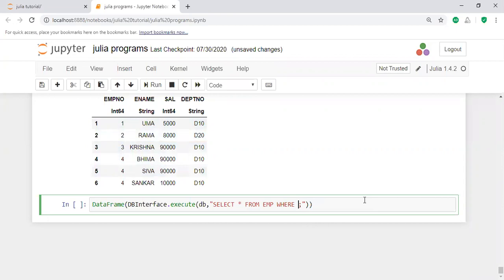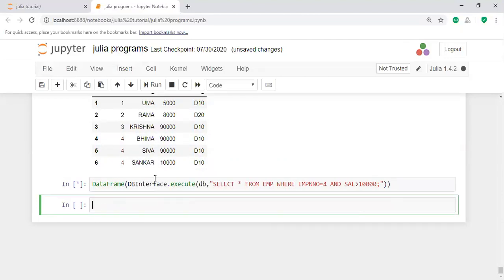Where EMP number equals 4, and then you apply the logical operator and salary greater than 10,000. That displays the particular values.